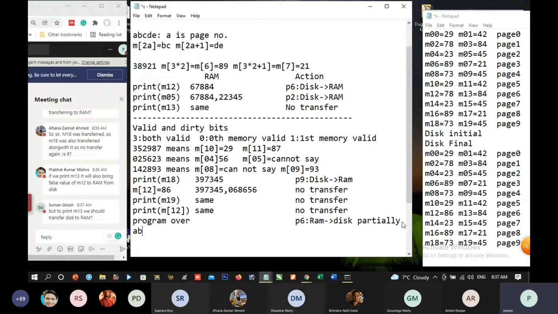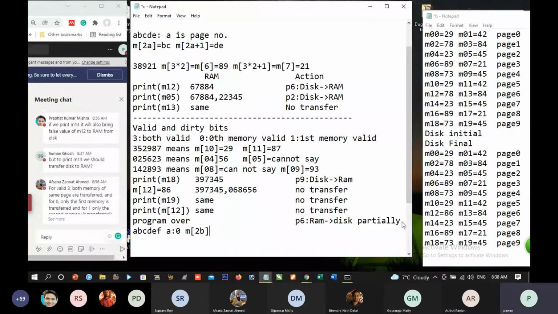A, B, C, D, E, F. A equal to 0 means page B, and it means memory 2B is made CD.